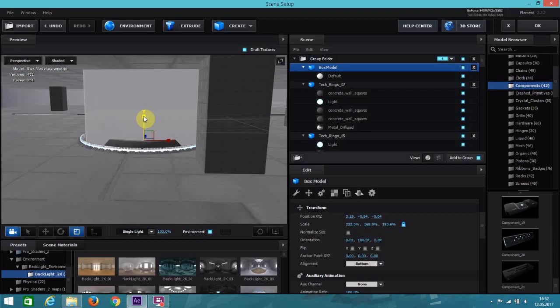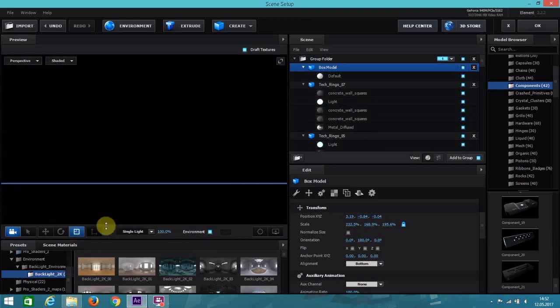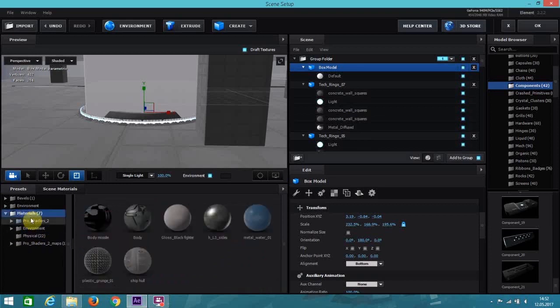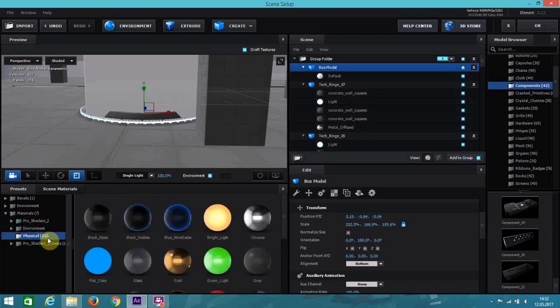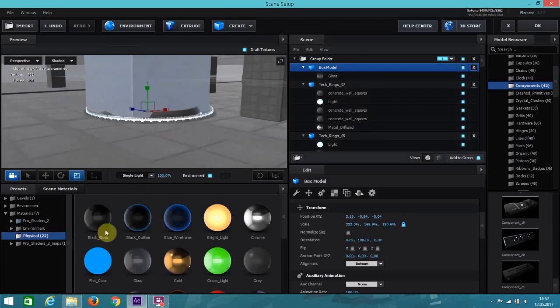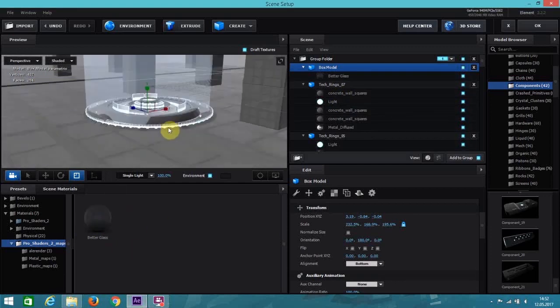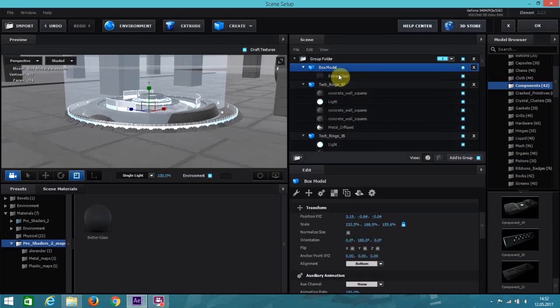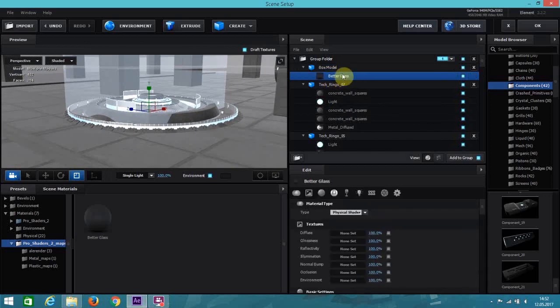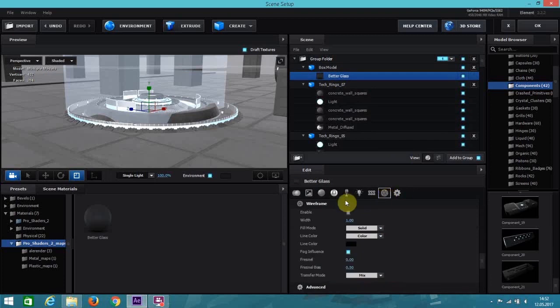Like so. And what you want to do is go to the materials, go to physical materials, and find glass, like so. I already have made a better glass, more translucent and transparent, and you can play with the settings. So there we go. On top of the transparentness, I want to go to the material, go to the wireframe settings, enable it, go to lines only, and from materials, and now you can see we have